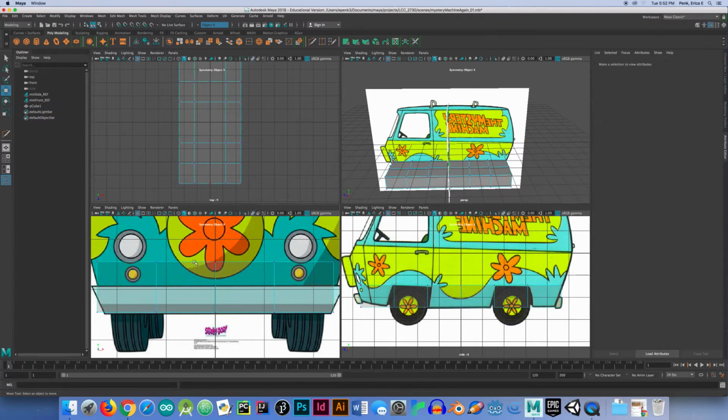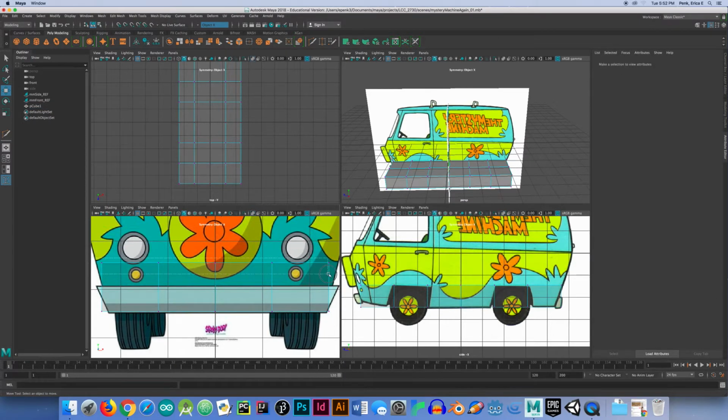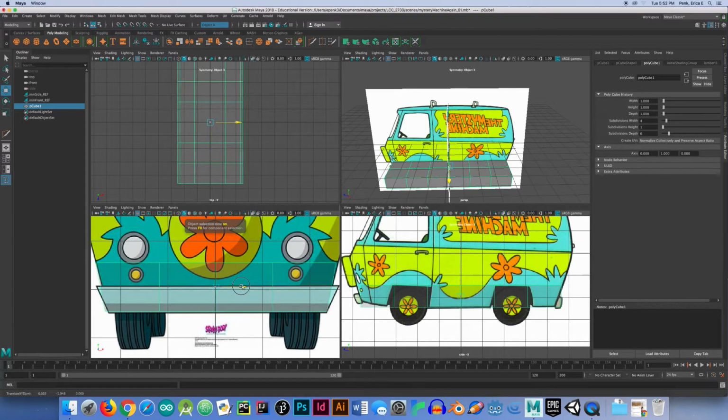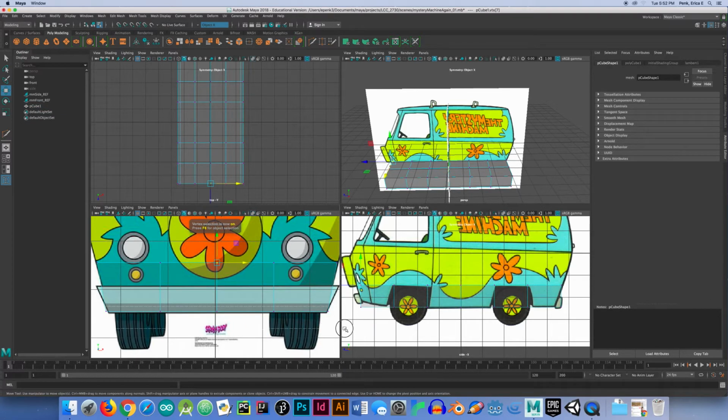So now I'm going into vertex mode. I did a right click to get that menu, and I'm just marquee selecting that region, and then I did R to scale those out along the x-axis. In the bottom rung, I'm scaling it in along the x-axis, and I'm tweaking that again, hitting W for the entire object. So F8 toggles between component and object mode. Marquee drag, again I'm scaling that in,